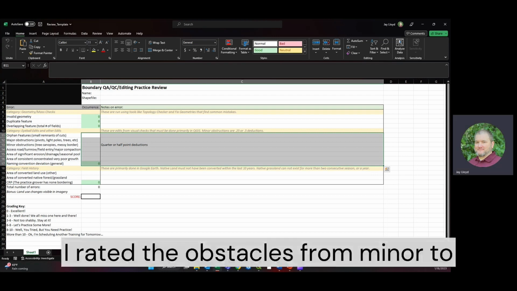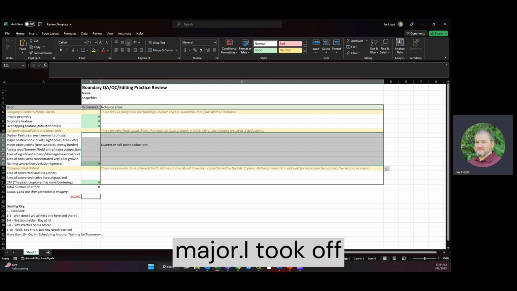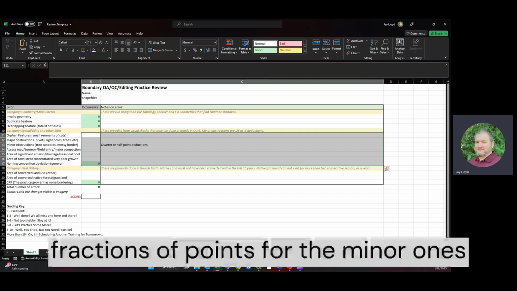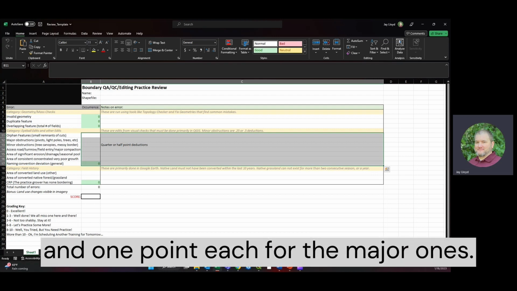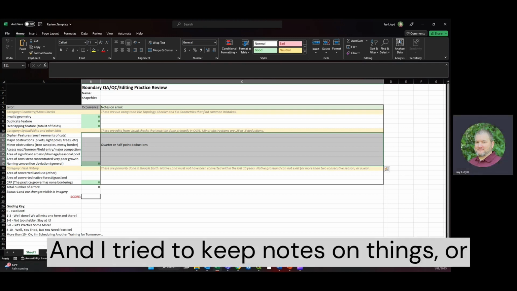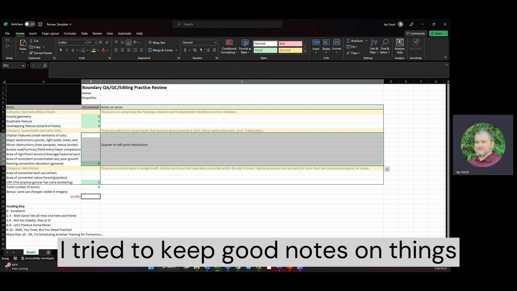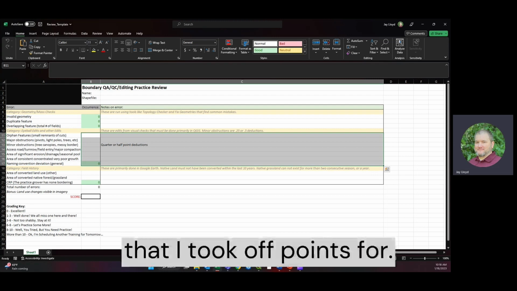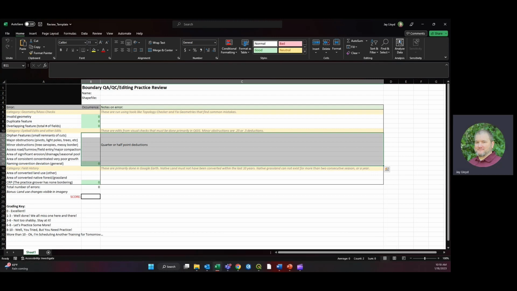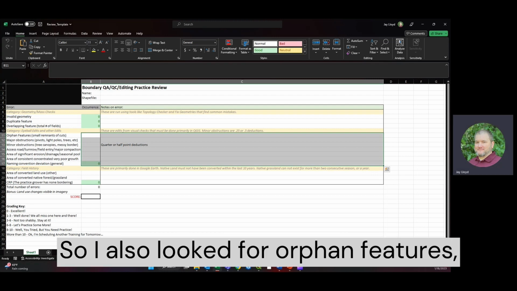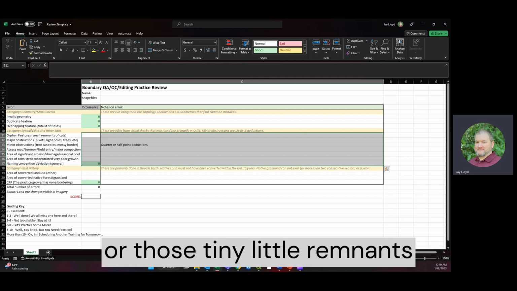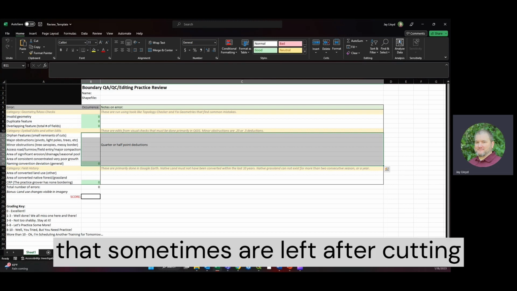So I rated the obstacles from minor to major. I took off fractions of points for the minor ones and 1 point each for the major ones. And I tried to keep good notes on things that I took off points for. So I also looked for orphan features, or those tiny little remnants that sometimes are left after